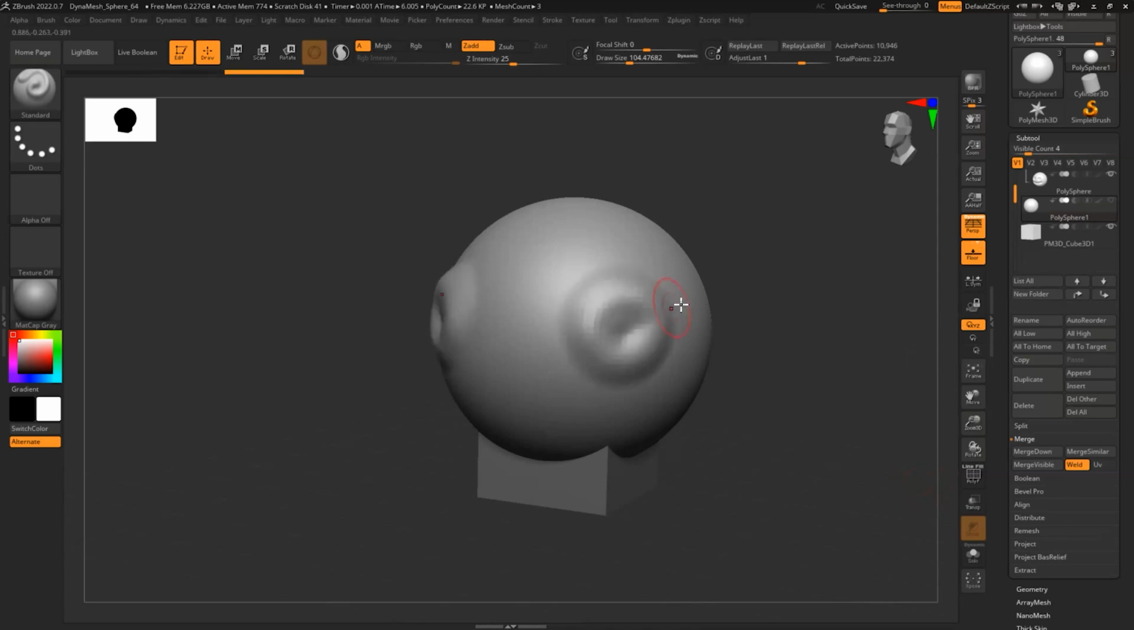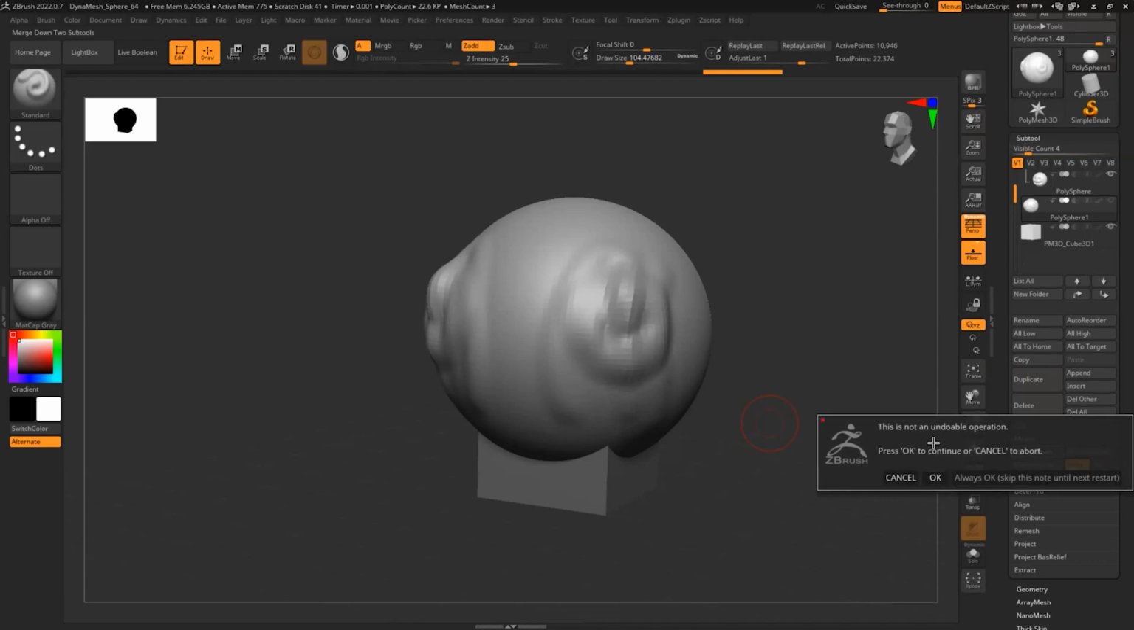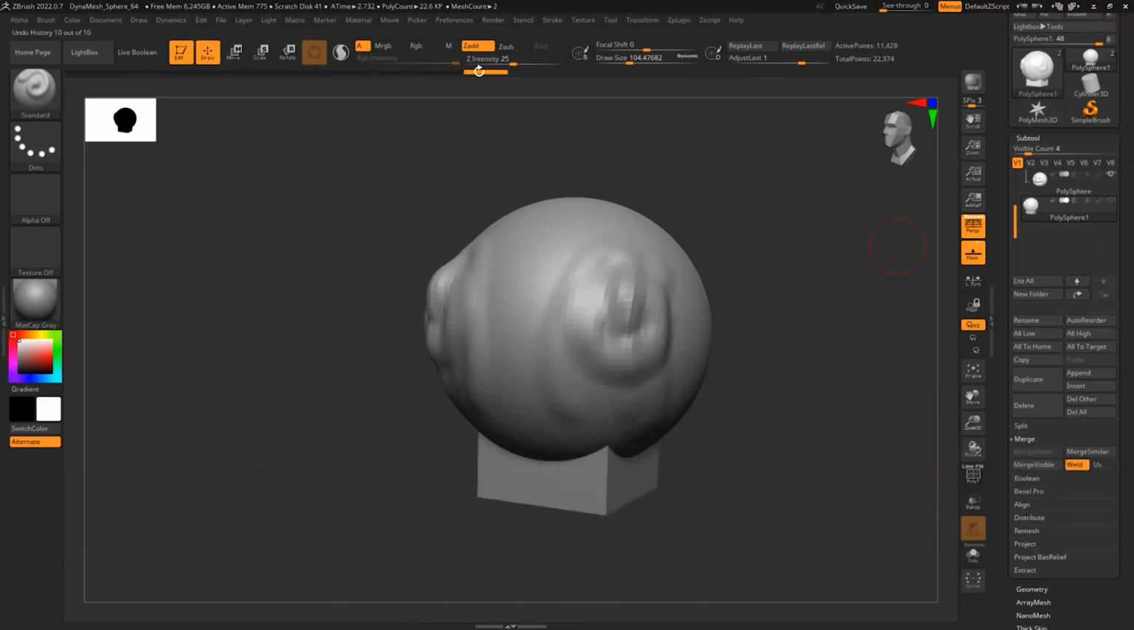So if I were to draw on here, you can see that I'm building history up here on the top. And I can undo and I can do all that. I can hit Control Z and I'll undo. Shift Z to redo. But if I merge it down, I'll hit OK. It's not an undoable operation. You'll see that we lose our history